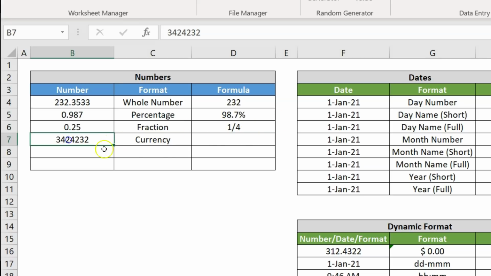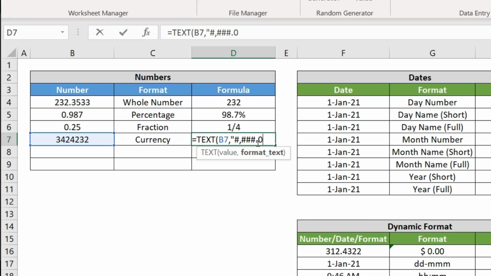Okay. Now I will quickly show you how you can show currency here. So we have this number. Now let's say we have to show it in dollar form. So we can use TEXT and take this reference, comma, and this time we will put a comma-separated number format: hash, comma, and three hashes again, and point, then 00.